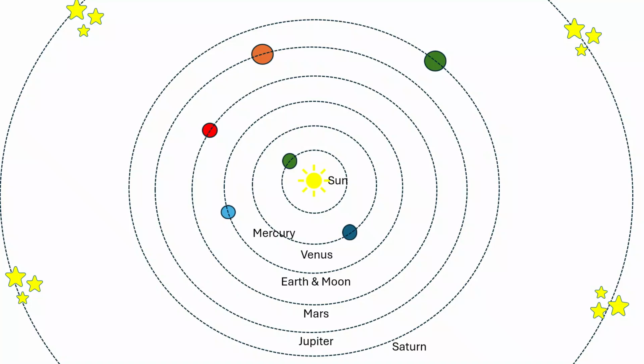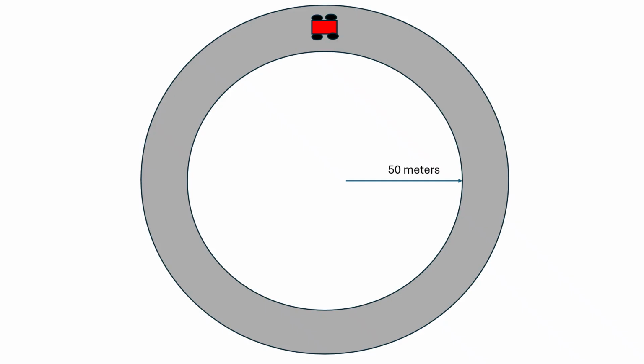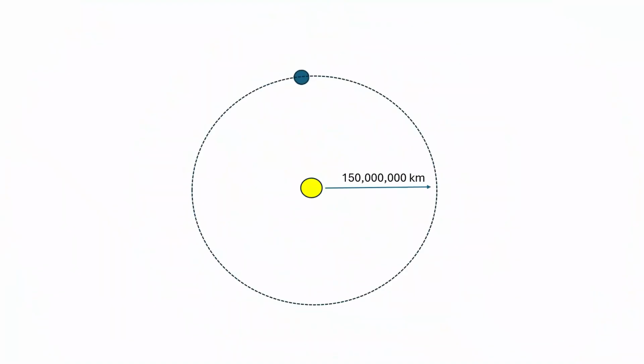However, models with the big yellow one stationary in the middle and a moving Earth presented some difficulties. One is that it doesn't feel as if the Earth is moving. We are used to feeling circular motion. If we were to drive around a 100-meter wide circular track at 30 miles per hour, we would feel it. But we don't really feel constant motion. What we feel is changes to motion. And on a planet that is moving in an orbit that is 300 million kilometers wide, doing one revolution per year, although we are moving very fast, our motion is changing very slowly.